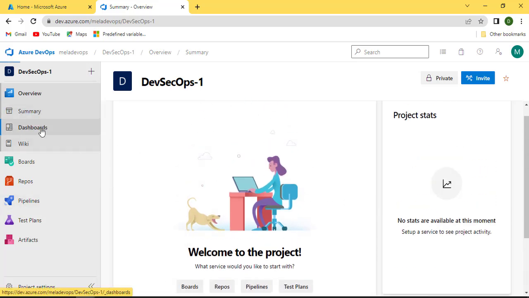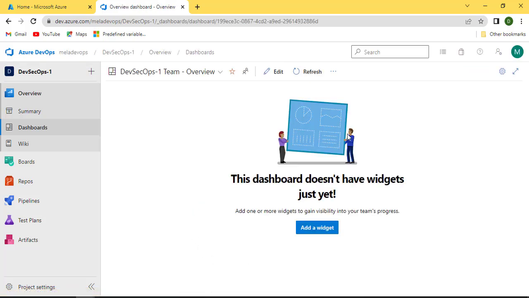Now there is a dashboard. On the dashboard, you can add widgets. So why do you need the widgets? This is not for you, this is basically for your team and for your stakeholders. Suppose you want to know how many user stories are pending.